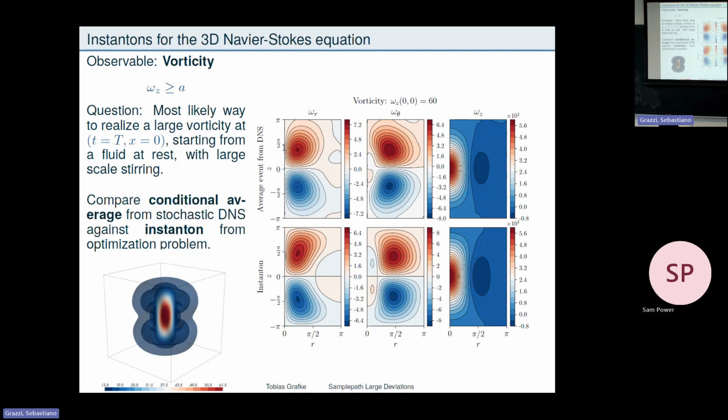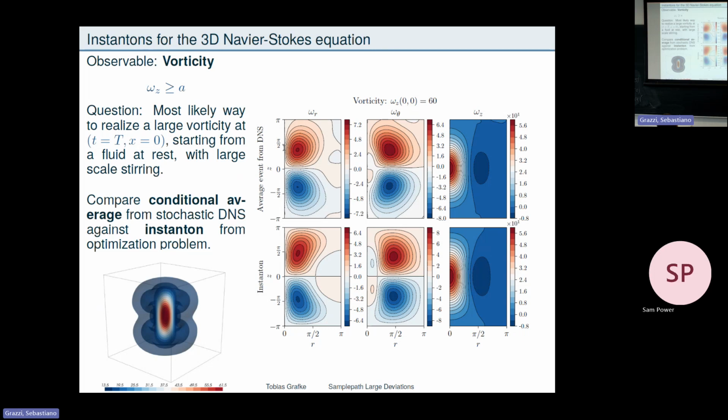So again, the only thing that we prescribe is a high vorticity at the center point, and the rest just aligns itself in an optimal way to produce this vortex at the final time. But what you can do here, and I just want to briefly mention it, is that you can look at this instanton in polar coordinates. So this is radius, and because it's rotationally symmetric, radius and z coordinate of all three components of my field here. And I can do the same for a Monte Carlo simulation of the DNS of the Navier-Stokes equation.